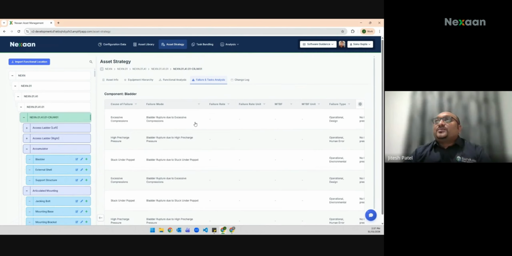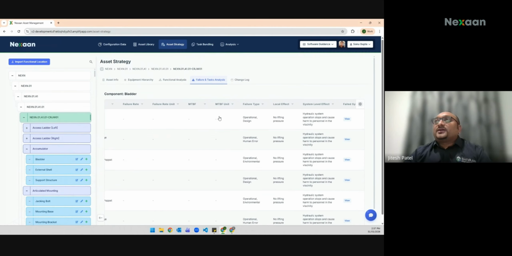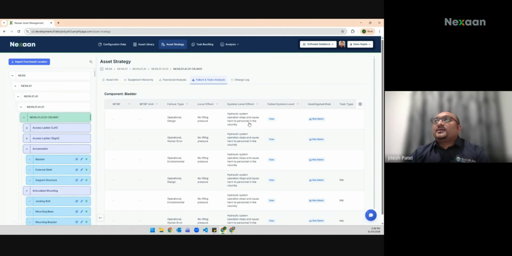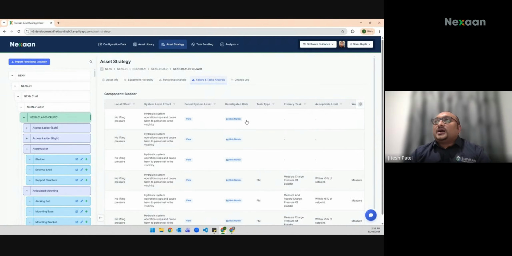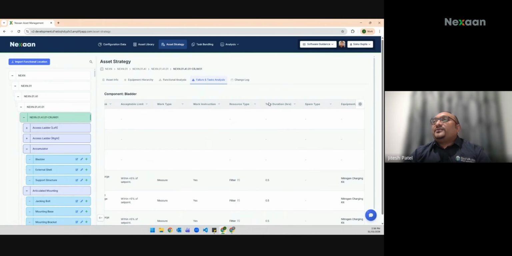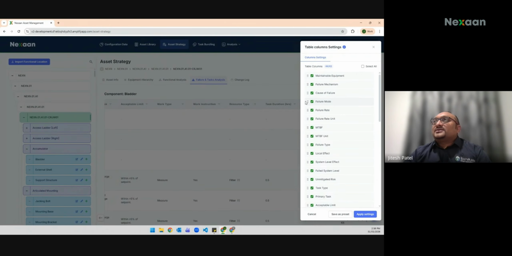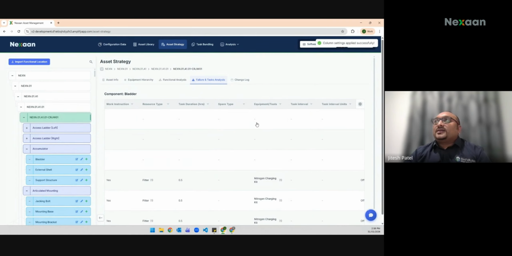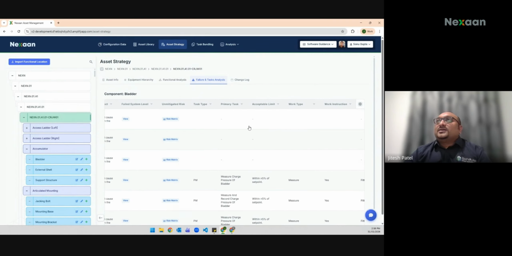And from a table view perspective, you've got the same view as what you saw in the edit, and you get an entire spreadsheet overview in here. And everywhere, on all the columns, we've got this column settings toggle on the right. What this does is that you can set up your columns as you wish. You might want to have failure rate coming before, you might want to switch off a few different columns that you might not want after you've developed, and you apply those settings, and you will then have the view that you'd like for your